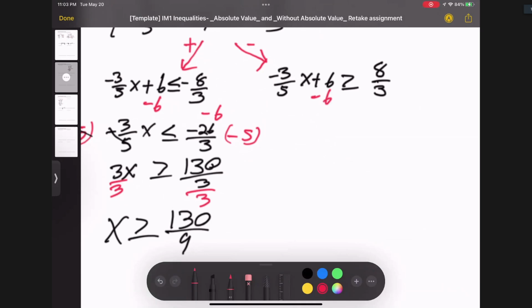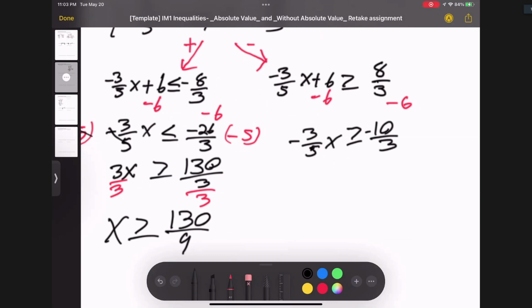So if I were to subtract a 6 on both sides, this is going to be slightly different because we're going to have negative 6 and then a positive 8/3. So positive 8/3, that's going to be, what's that, negative 10/3, negative 10/3 in this scenario. And then this is going to be negative 3/5